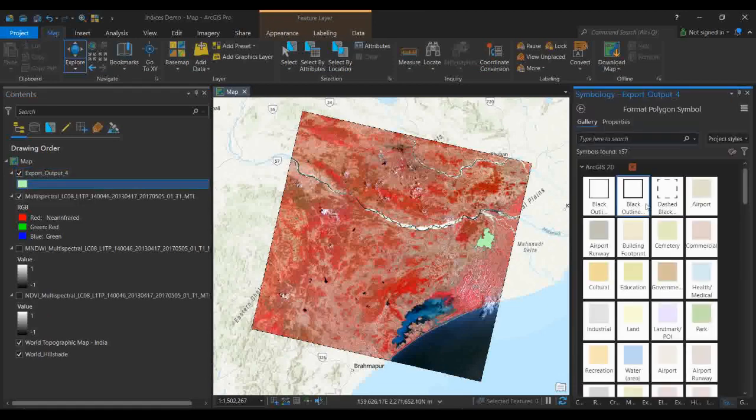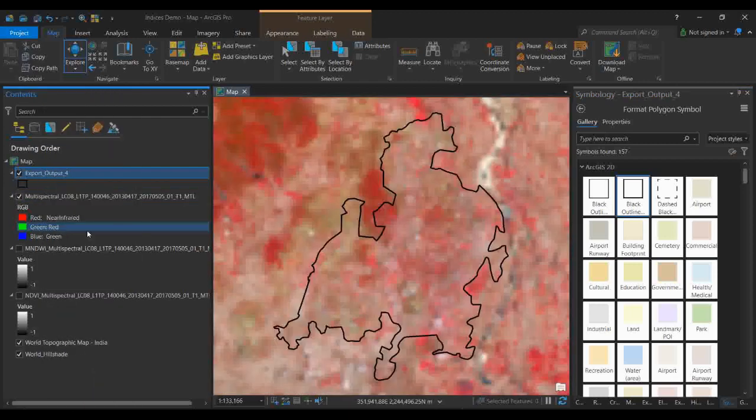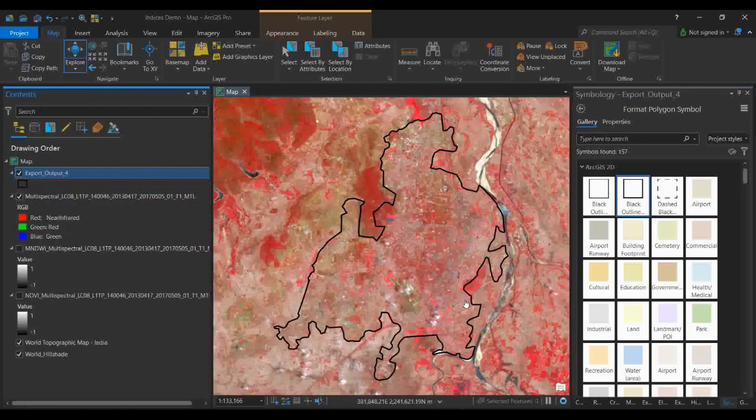Okay, so I'm just taking it as a black hole. Now I'll zoom to layer to it. So now my area is actually zoomed. If you want to apply and understand NDVI, like built up area indices, then you have to focus on the urban area, otherwise you will not be able to understand the differences. Okay, so now here I am doing that only. I just extracted. If I want to extract this particular urban area, how will I do that?